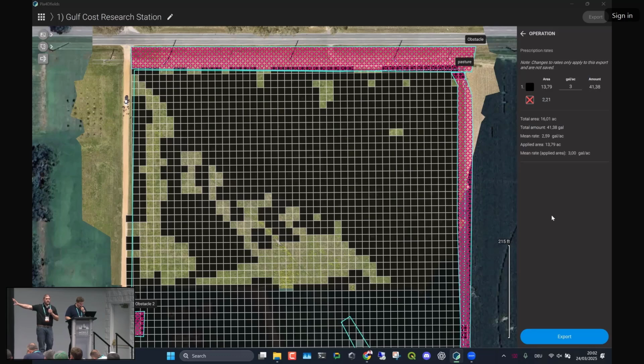and it's just going to choose a flight path to fly those little groups, and then it's going to jump and do a little group, and then it's going to be done. Very efficient, it saves a lot of time, especially if you're doing, like I did urea